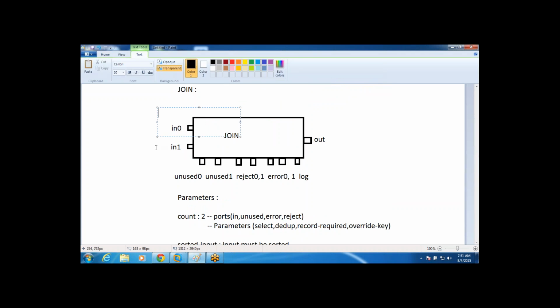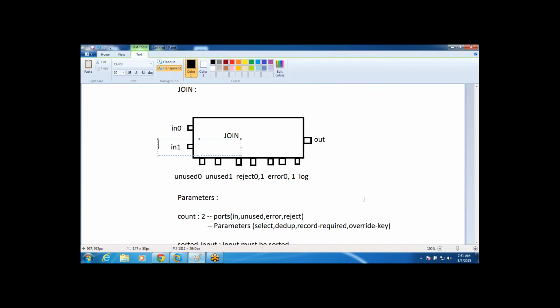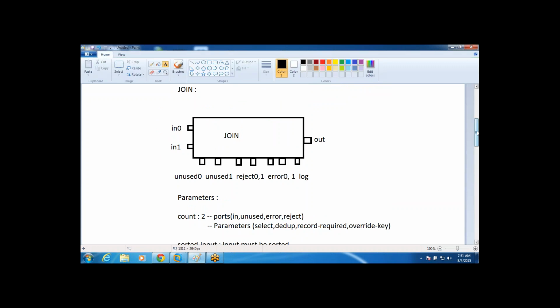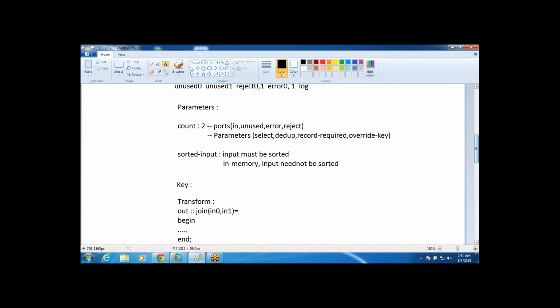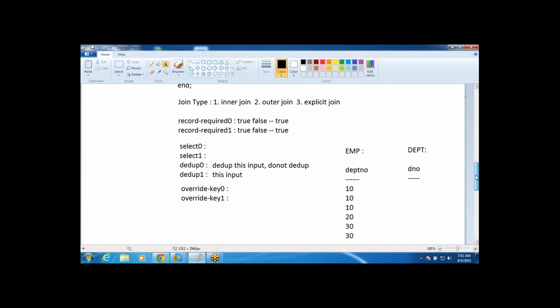You cannot see the record format of the fields of in1. So whenever you wanted to select the key, only in0 fields can be viewed. So in this case, for selection of the key parameter, I can view only DEPTNO, not DNO. So I'll be selecting key as DEPTNO,